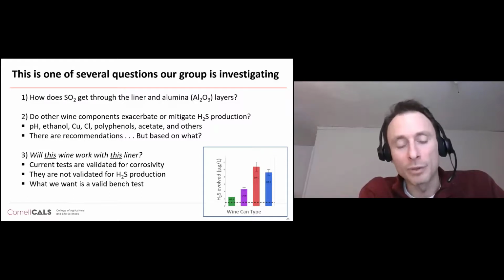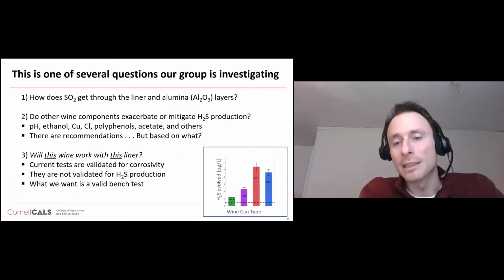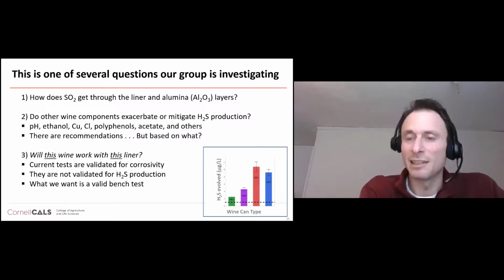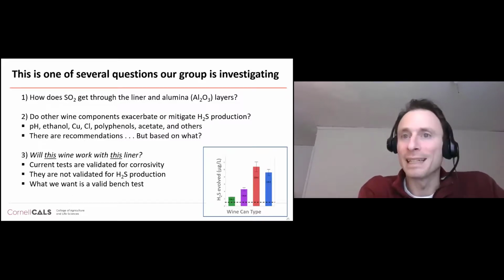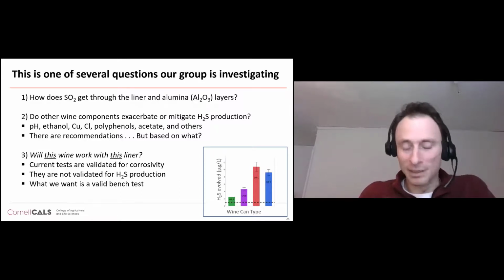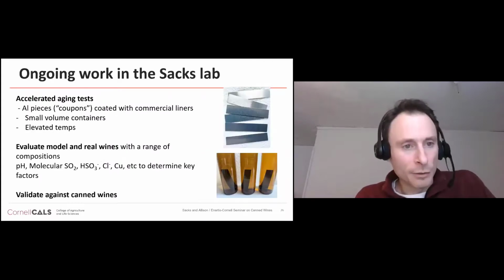And clearly as a producer, you would like to have something beyond just average likelihood. You'd like to know for a specific product, what should I be able to achieve? In part because that will tell you maybe how much wine I can can right now in one canning run, as opposed to dividing it up into like 3 or 4 different canning runs. Okay, so